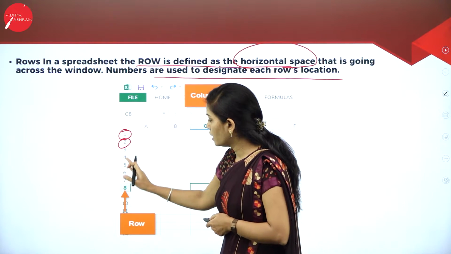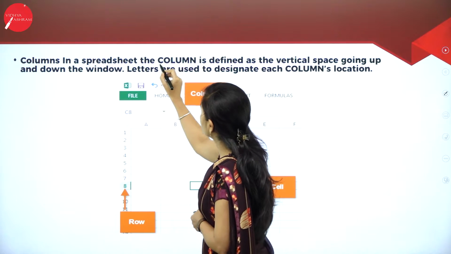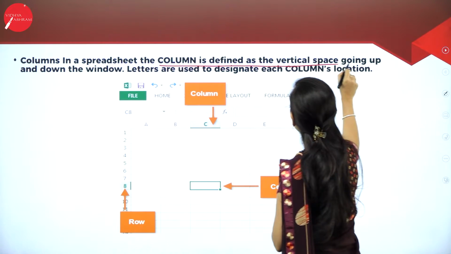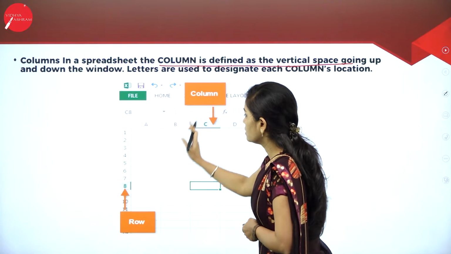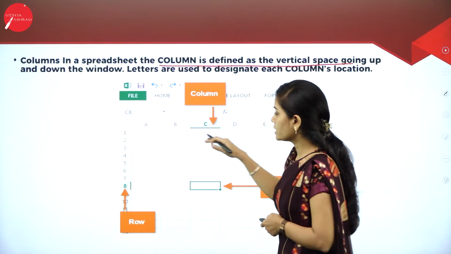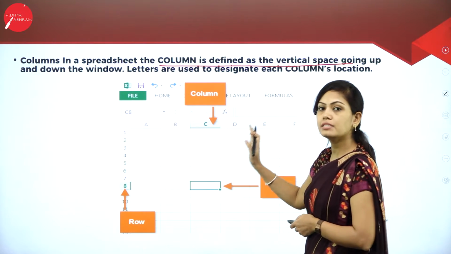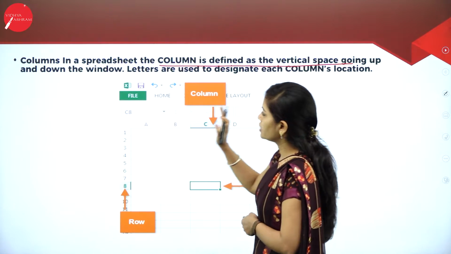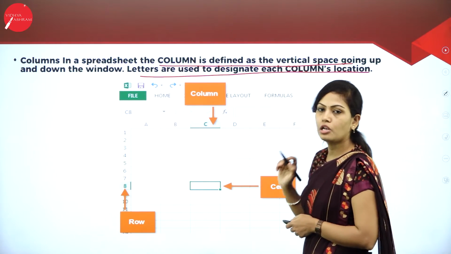Numbers are located in the rows, and for columns in a spreadsheet, a column is defined as the vertical space. Rows are defined as the horizontal space, and columns as the vertical space in a sheet. Letters are used to designate each column's location.